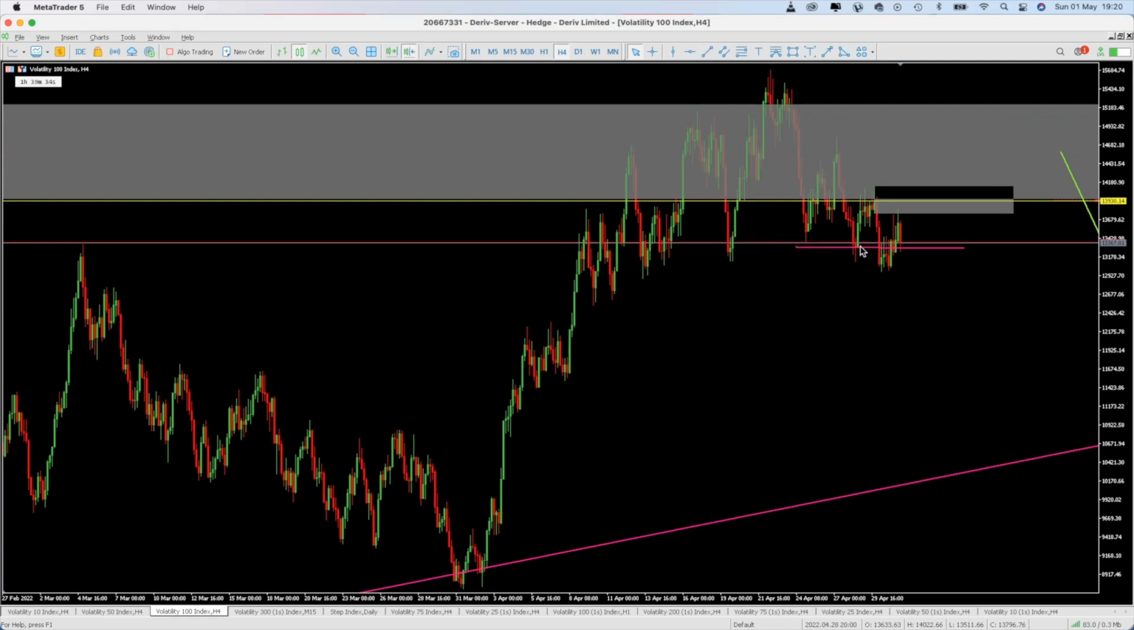Okay, so basically what I'm waiting for is a mitigation all the way back here, and then I'll probably sell this market. My first target will be this order block right here. Okay, remember guys, when you sell,